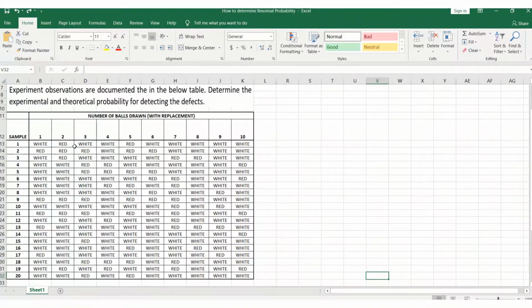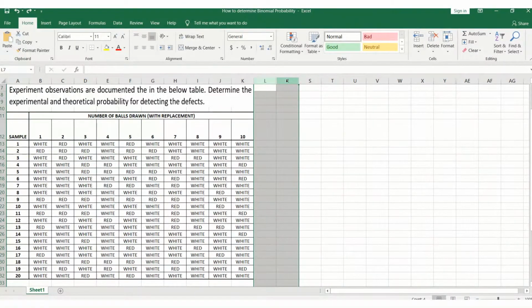We have seen how many red balls we have obtained because red determines the defective. Similarly, this experiment has been repeated 20 times. Again we mixed the balls and picked another 10 balls, and this is the observation table for it. Now let's see how exactly we are going to determine the